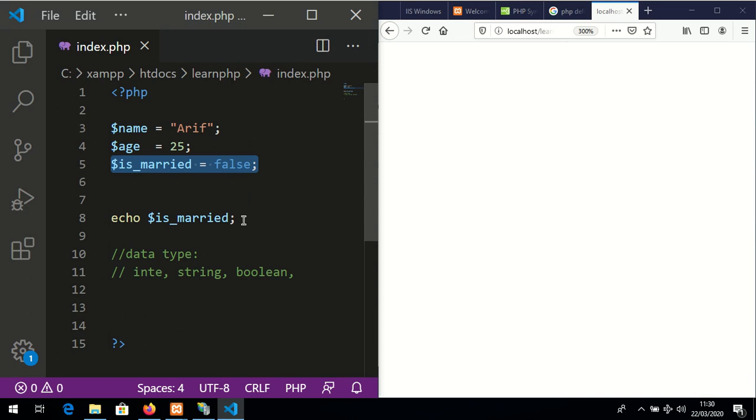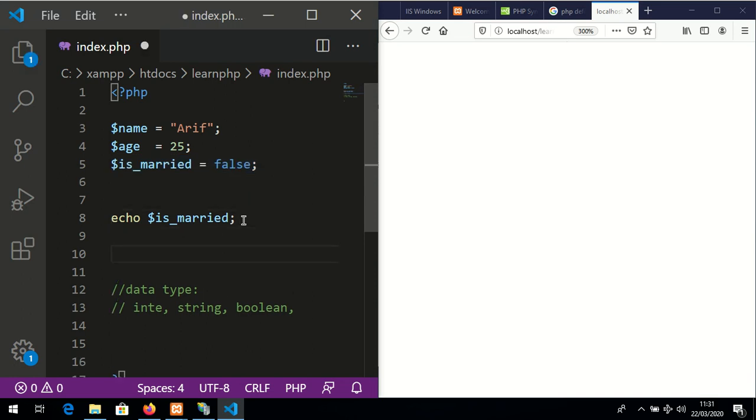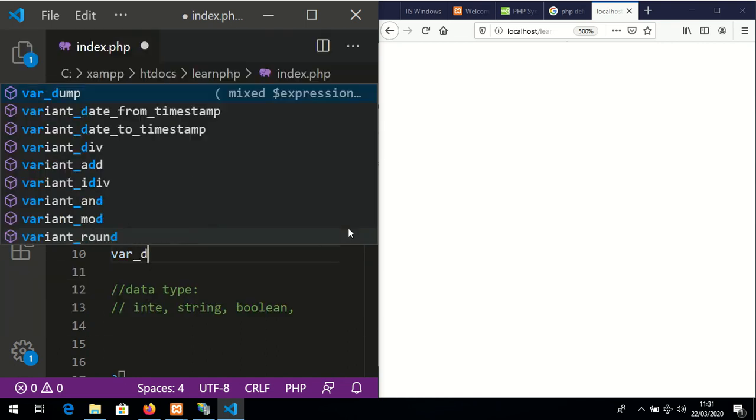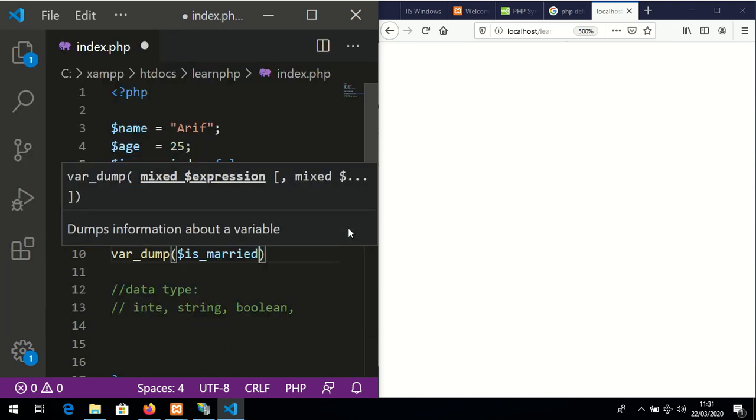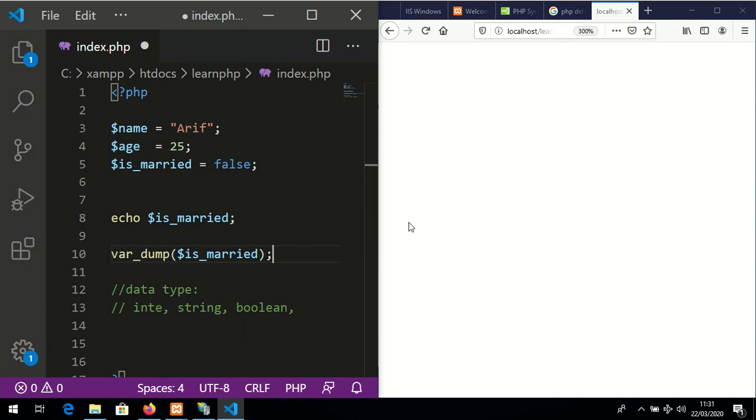It is a boolean. But if you want to check what is the value of this variable is married, you can type var_dump and type is married. Save it. Don't forget to put semicolon in front of it. Reload the page, and as you can see, it will tell you that the type of data is boolean, and the value of the variable is false. Okay, so